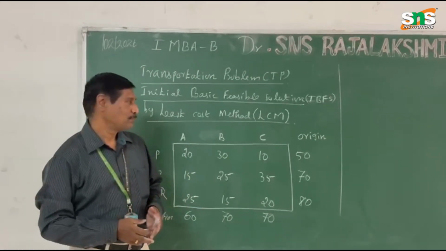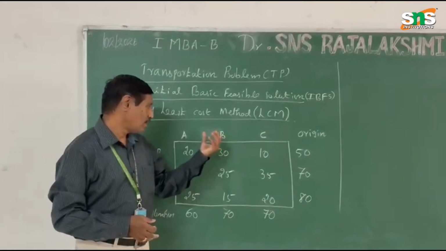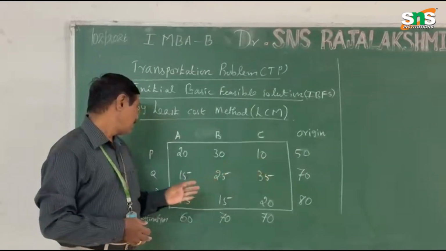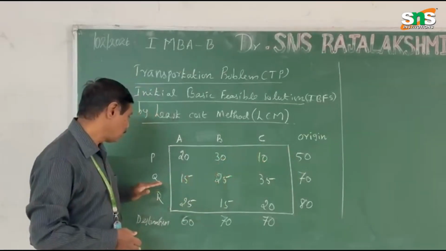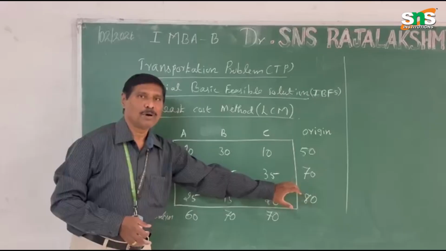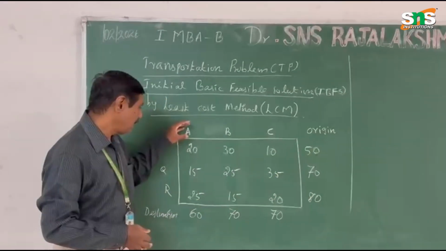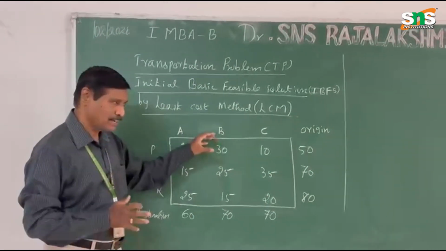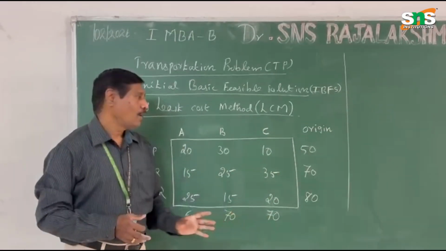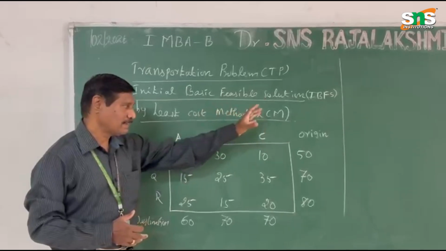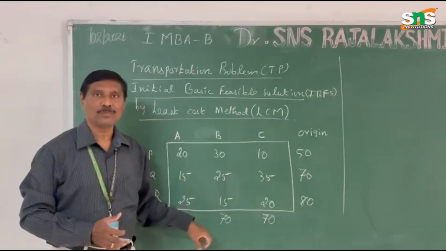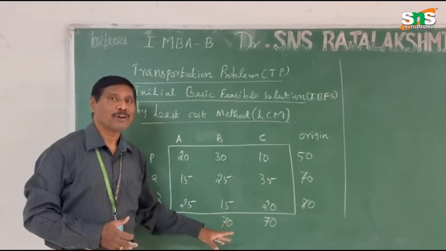So what is this method? Here, A, B, C are the destination points, and P, Q, R are the origin points. P has 50, Q has 70, R has 80. These are the quantities of product. A is a destination with a demand of 60 products, B has a demand of 70, and C has a demand of 70. We transfer all this product through these costs, and we fill all the destination requirements